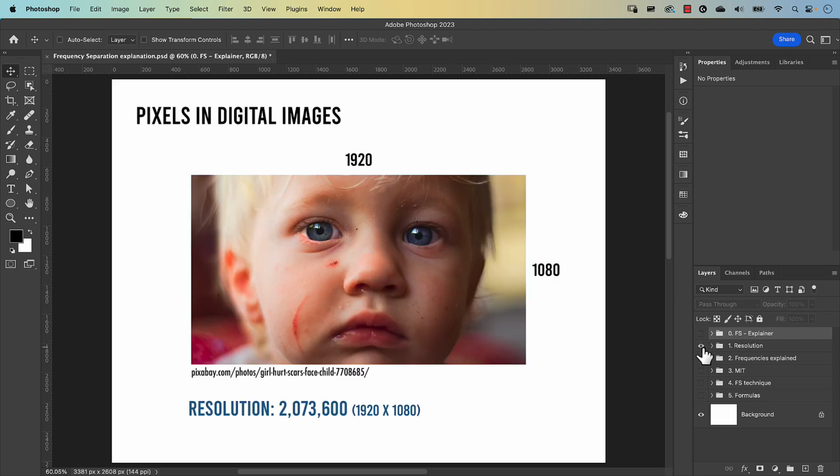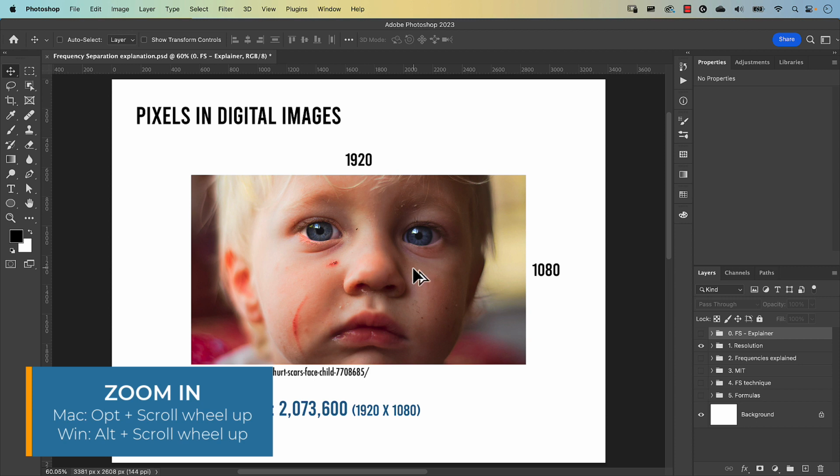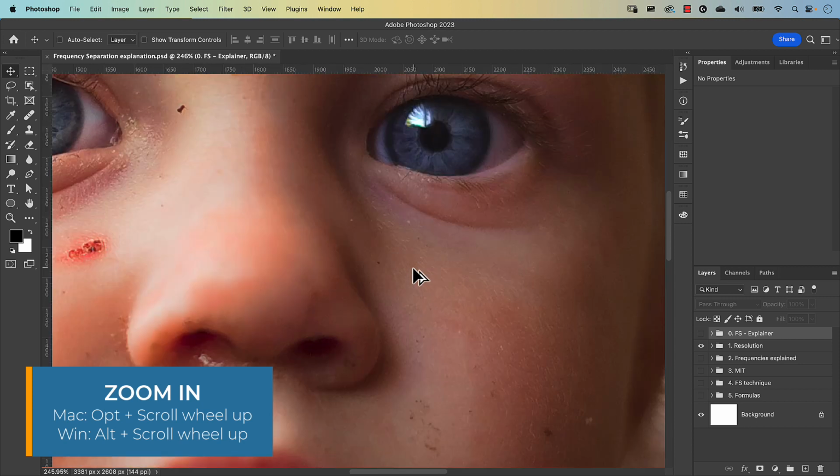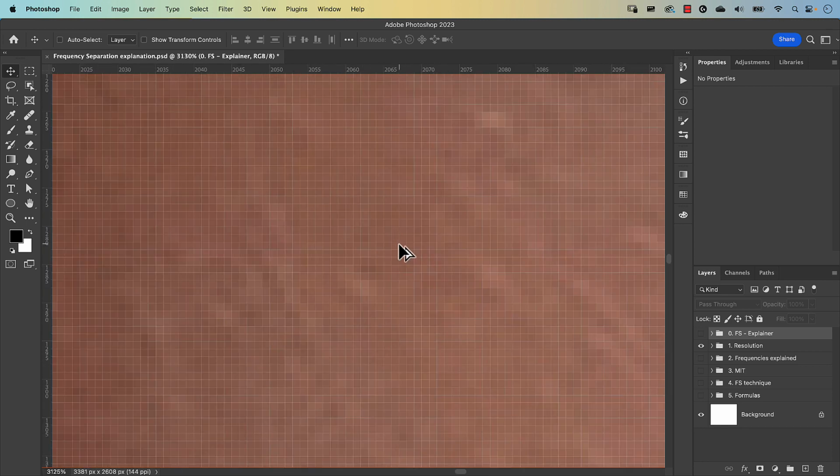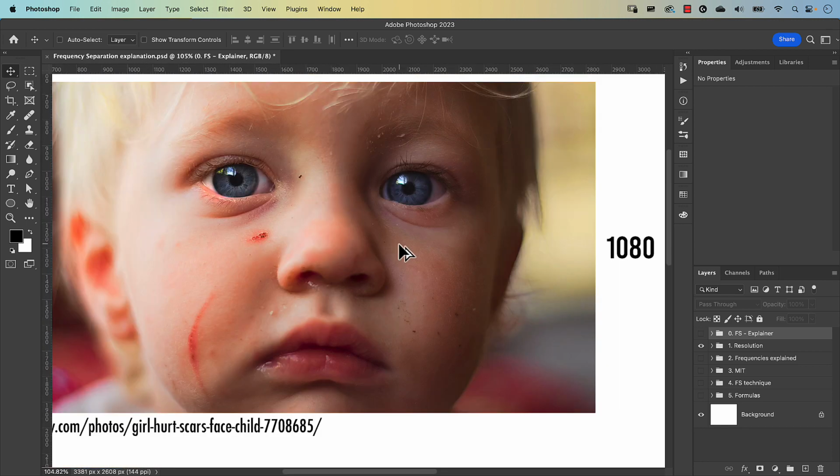Now, some of us probably already know that digital images are made out of pixels. So if I zoom into this picture here by pressing Option on my keyboard and scroll wheel mouse up, you can start to see these little squares. And these little squares are called pixels. And when you have lots of them, in the millions of them, we can see that it eventually makes up the picture. We don't usually see the pixelation because the normal human sight can't pick up these little dots at a distance. I'm going to fit it to screen again by pressing Command or Control 0